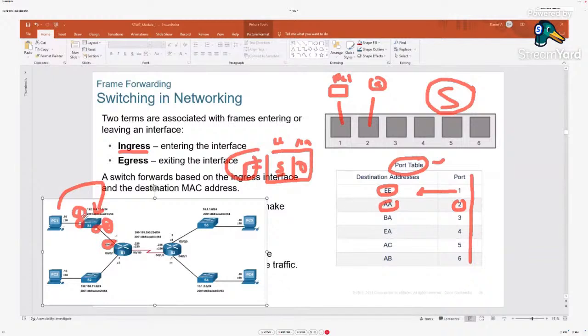ይመጣል። ኤስ1 ማንን ቼክ ያደርጋል? ሶርሱን ቼክ ያደርጋል። ሁልጊዜ ምን ለማድረግ? እዚህ ጋር ያለውን ሪከርድ አፕዴት ለማድረግ። በፖርት 1 ላይ የተሰካው ፒሲኤ ነው። ማክ አድሬሱን ሁልጊዜ ከሚልከው ፍሬም ተነስቶ refresh ያደርጋል። ፒሲ1 ለኤስ1 የሚልከው ፍሬም አለ። ከዛ ፍሬም ላይ ተነስቶ ስዊች1 ሁልጊዜ የሶርስ ማክ አድሬሱን ከፖርት 1 በኩል መግባቱን ቼክ ያደርጋል። የተመዘገበውን ማክ አድሬስም ደግሞ አፕዴት ያደርጋል።